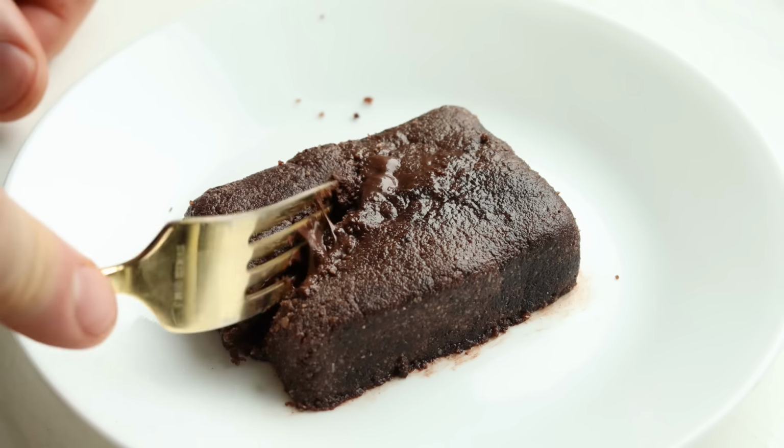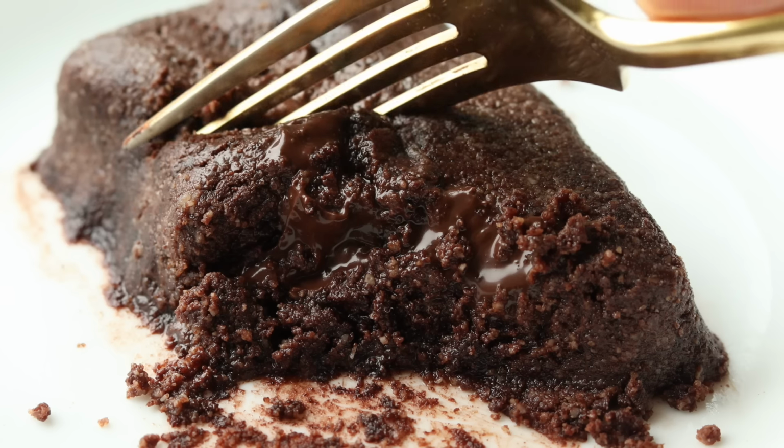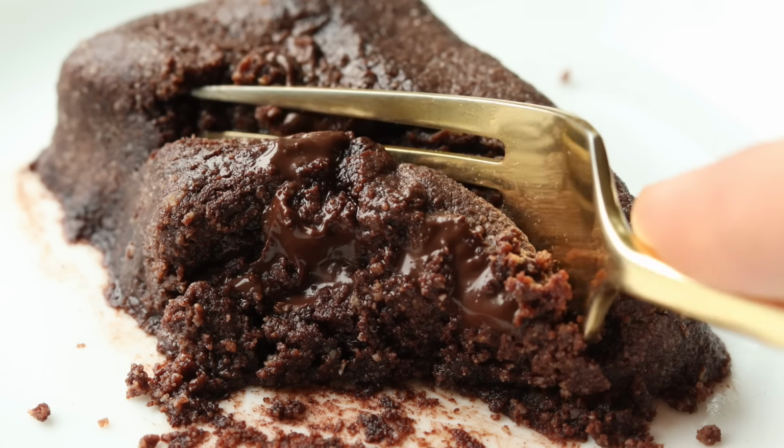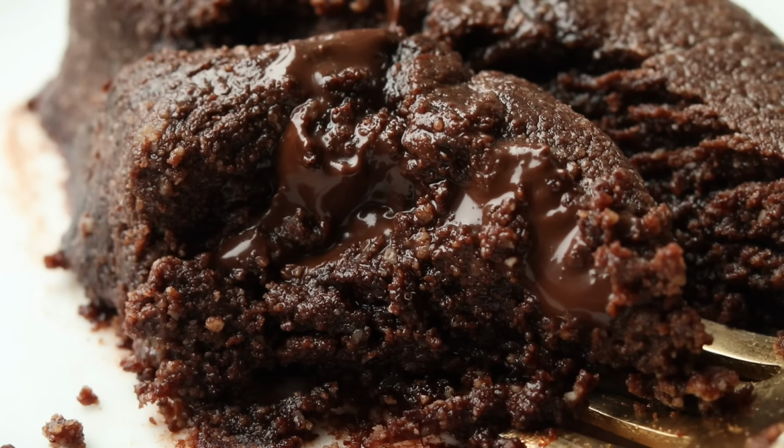Hey, what's happening, guys? Today we are making the best easy, fudgy, low-carb keto brownies you're ever gonna make. And this keto brownie recipe is perfect if you struggle with portion control like I do, because this recipe only makes 2 keto brownies. So there's no temptation of having an entire batch of brownies laying around your house if you make this recipe. That said, let's get right into it and I'll show you how to make the best